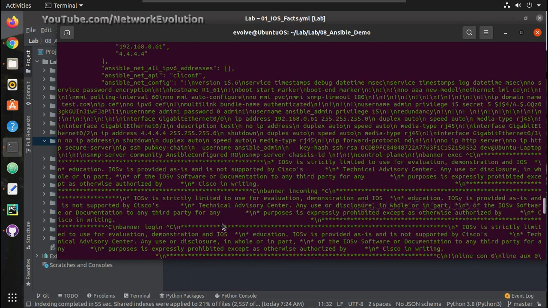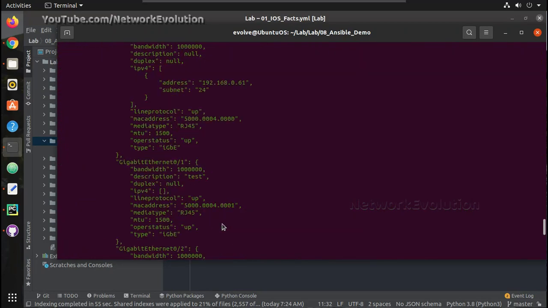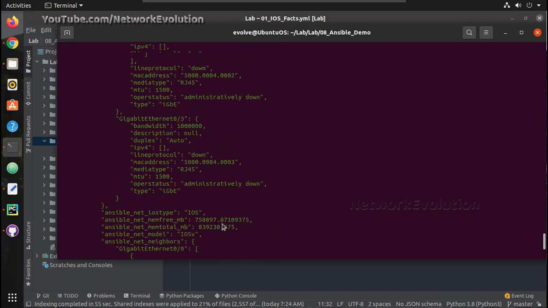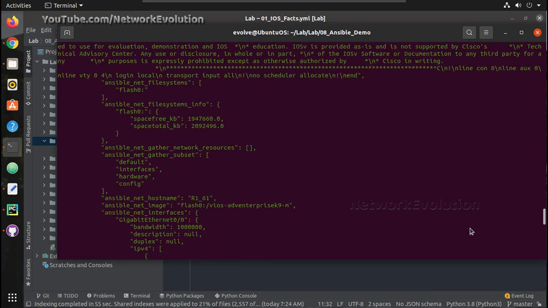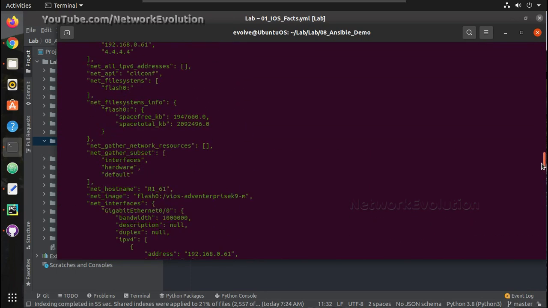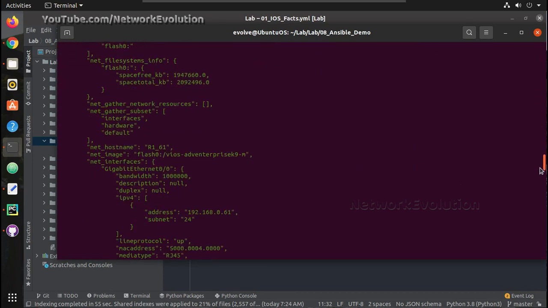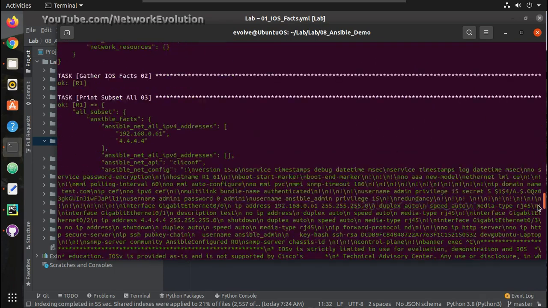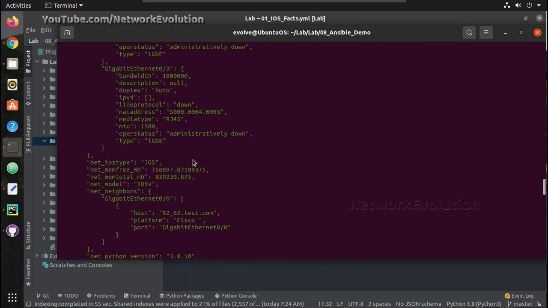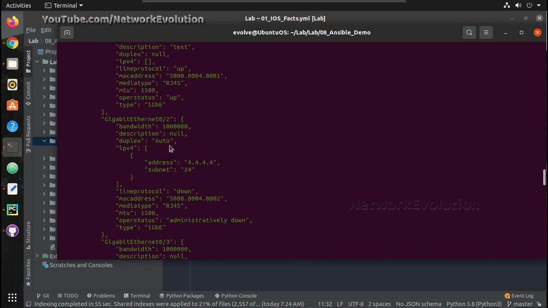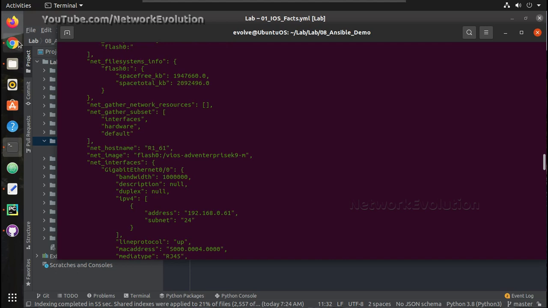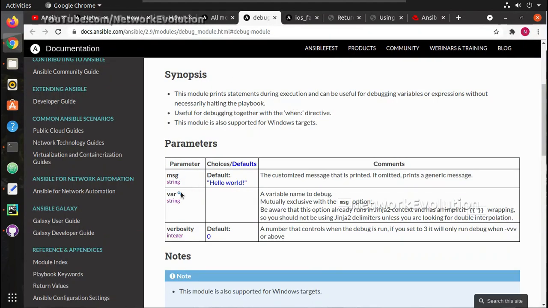Subset contains all the parameters like configuration, interface details and hardware details, etc. And Ansible facts contains device specific information. And in the next video we'll see how to filter all this. If you want to get the serial number or particular interface details, we'll see how to filter it using the debug message or variable.